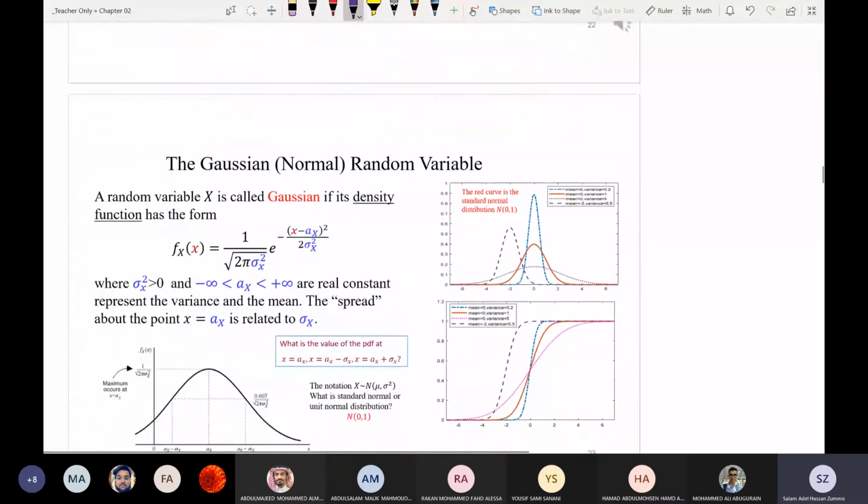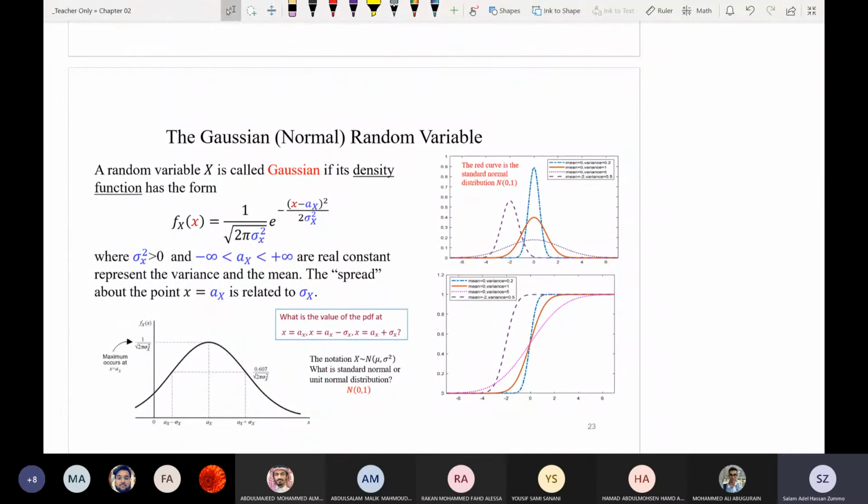So what does a Gaussian or a normal random variable look like? طبعا we already established the fact that a CDF or the PDF describes completely for me the random variable behavior. I cannot get more information about a random variable than its CDF or PDF. So if I define the CDF or the PDF, I defined everything I know about the random variable. I cannot do better than that. Because if I define the PDF, I will define how this total probability of 1 is distributed among the different values of X, of the random variable.